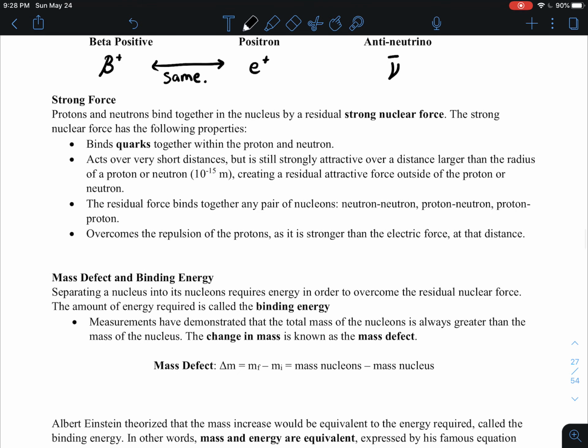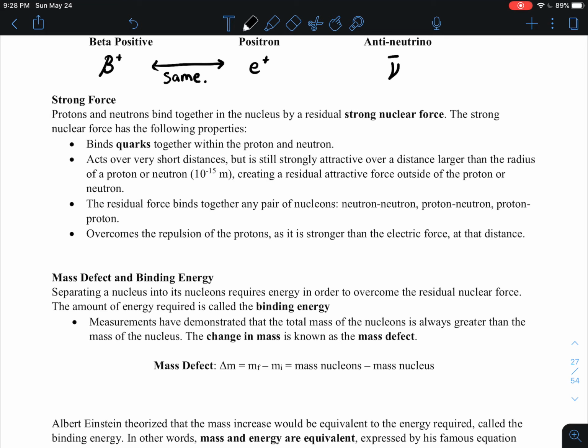All right, so the strong nuclear force. Protons and neutrons bind together by residual strong nuclear force. The strong nuclear force has the following properties. It binds the quarks together within the neutrons and protons. It acts over very short distances, which still strongly attracts over larger distance than the radius of a proton or neutron. So in other words,